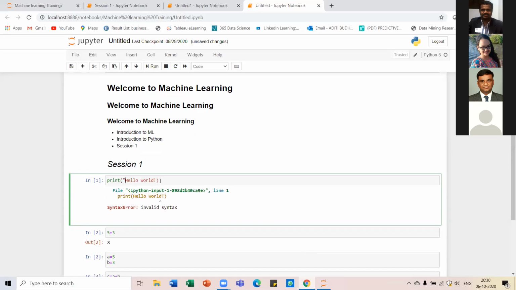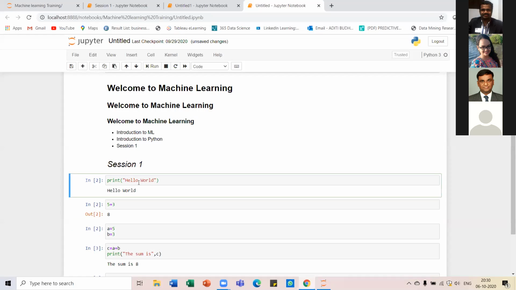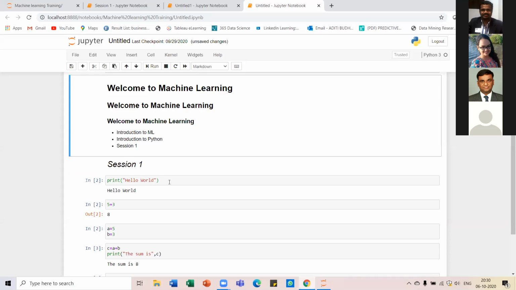And when you rectify it, only then your code will run. For example, Aditi, just remove the closing quotation marks or something.